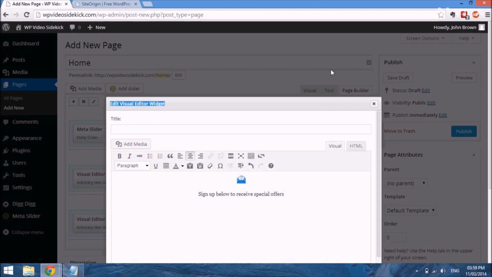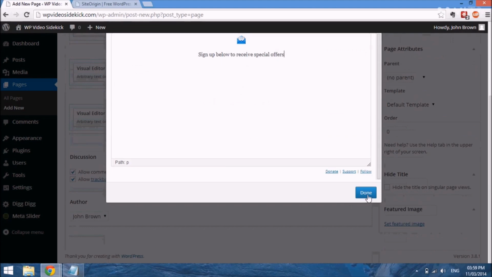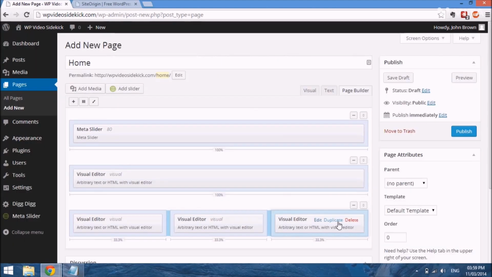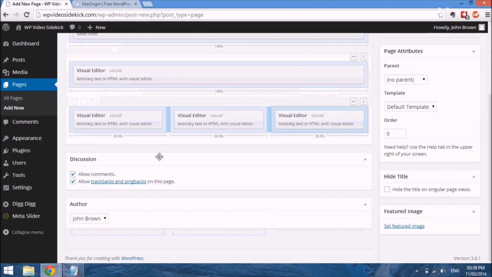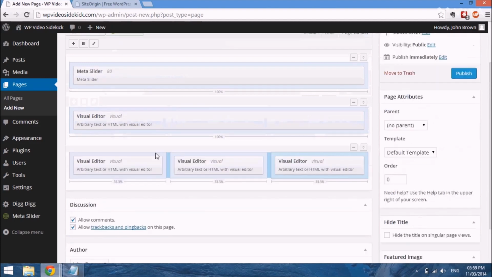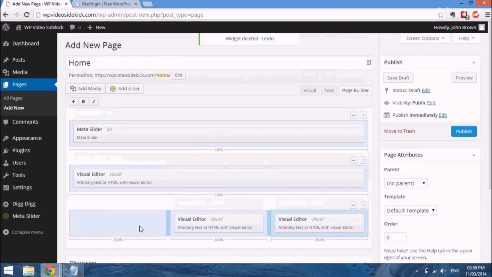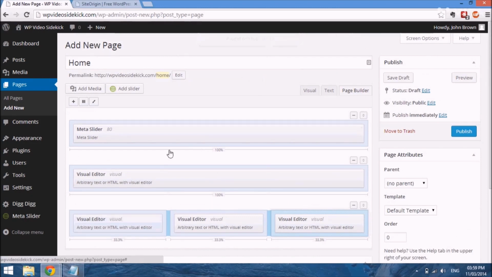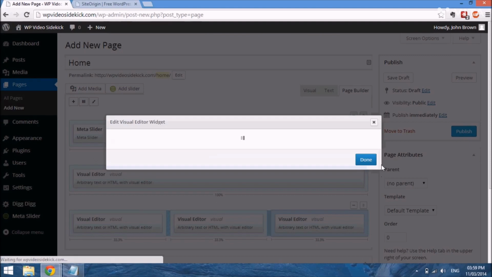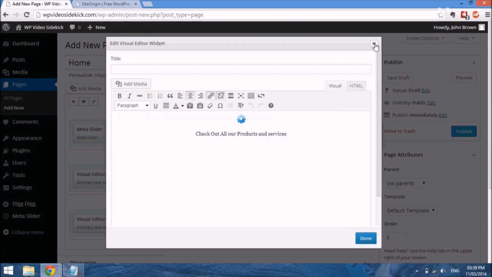And then I'm done. And just one more thing I want to do is to, okay, so I actually just accidentally deleted that widget. If we go to the very top here, we can just undo. What I wanted to do was